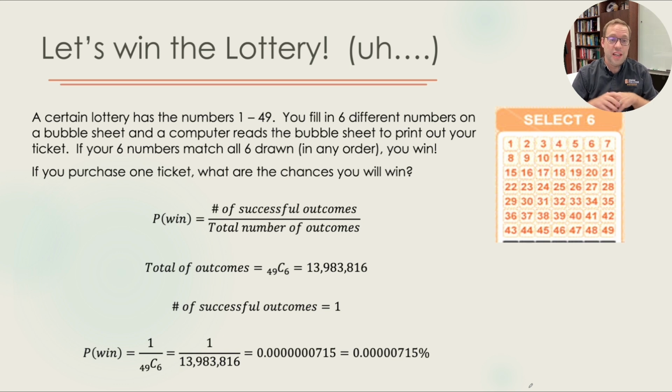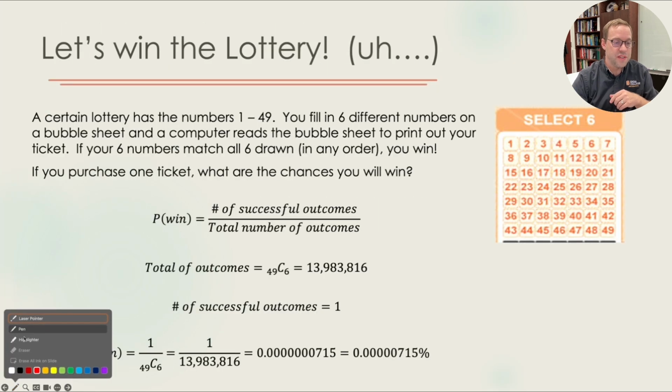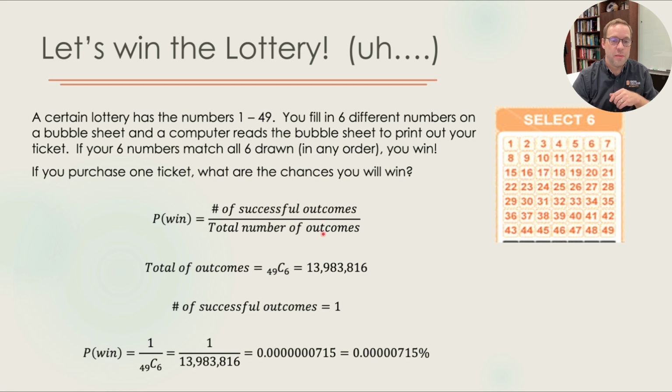So now that you have your ticket and you've filled out the numbers, what are the chances that you're going to win? Okay, chances means probability. Remember how we do probability? Probability is the number of successful outcomes divided by the total number of possible outcomes. All right. So how many ways can I fill out a lottery sheet? Well, here we've got a combination. Total number of outcomes is going to be